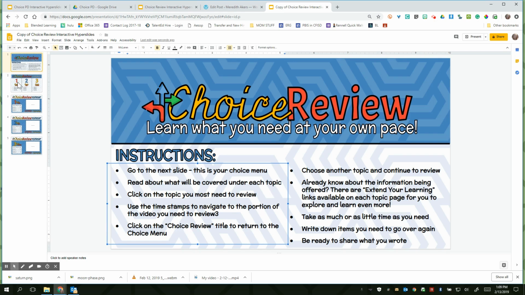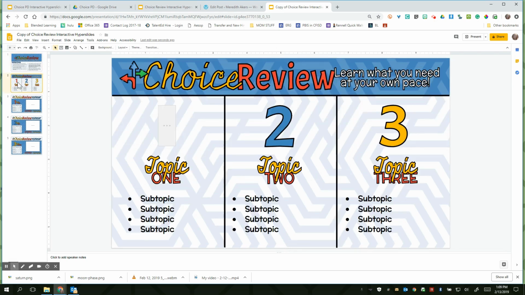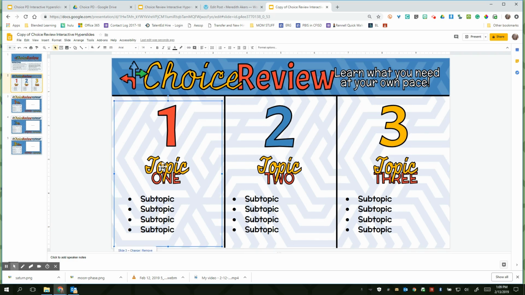When you're ready to go to slide 2, here's where it gets a little bit tricky. I have put transparent boxes. And here's what I mean. If you were like, I'm going to edit where it says topic, it's not going to let you because there's this big box over it that's invisible when I click off of it. So you're going to need to take that box. And the reason I put that box there is if you look, the link is